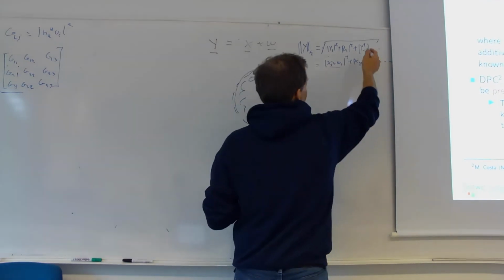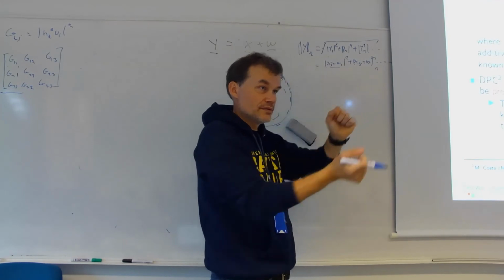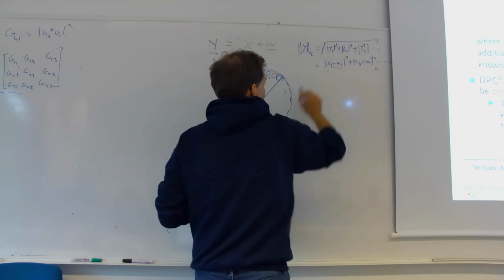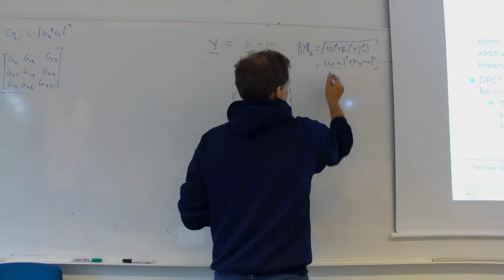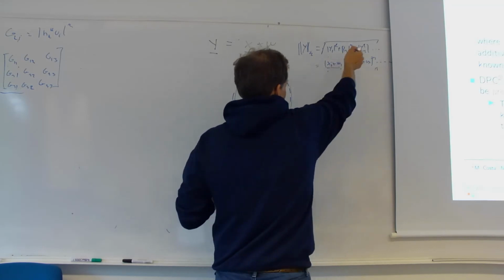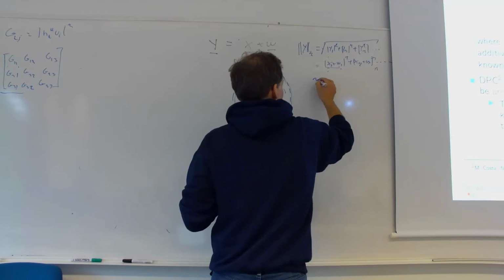But now when n becomes large, all these cross terms kind of vanish with respect to the x squared and noise squared terms. So we can approximate this